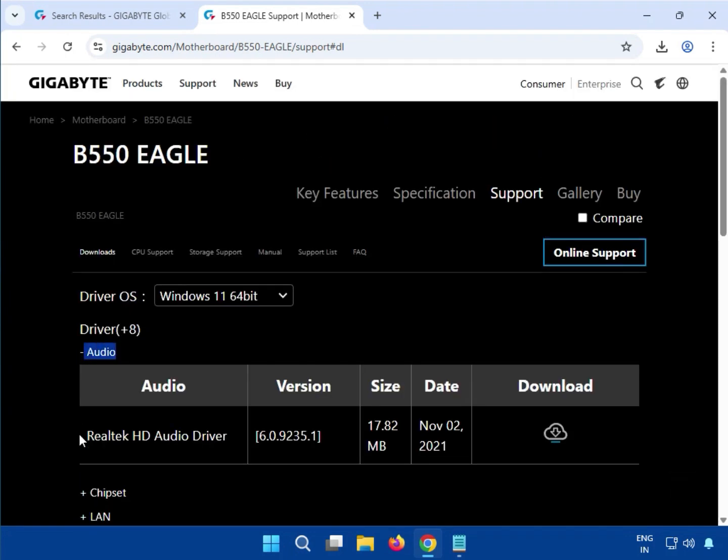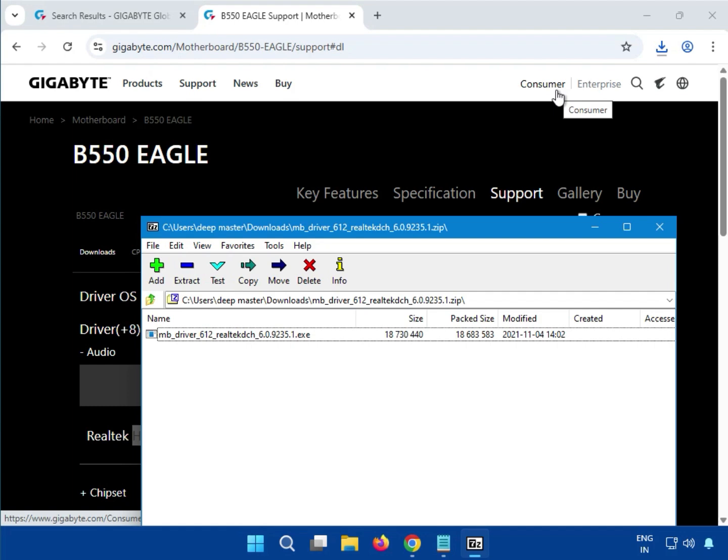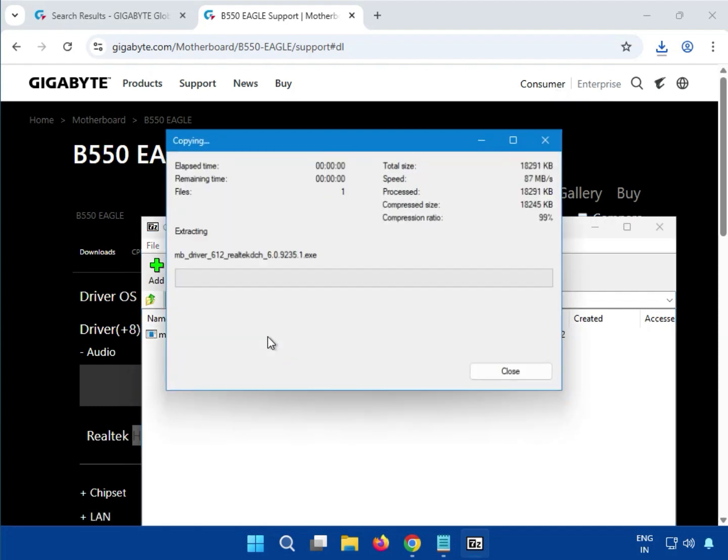Okay, so first audio, you can see this audio driver. Just click to download the audio SD driver and then open. And just double click to open,